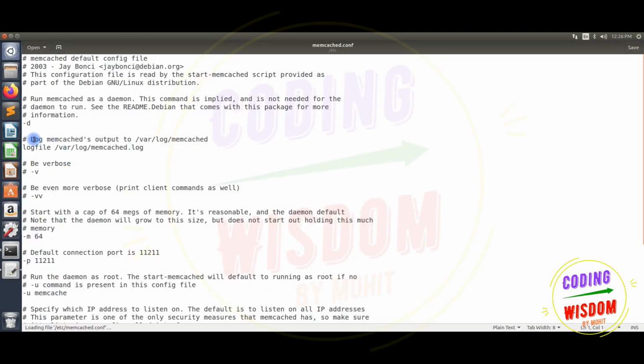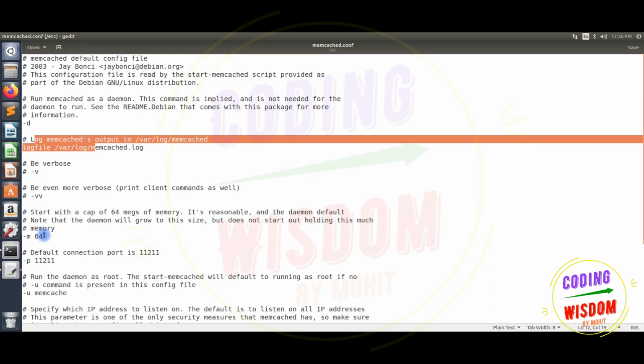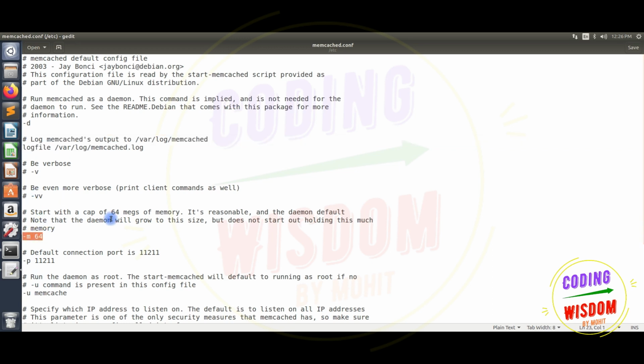So this is the configuration file of Memcache. 64 is the memory, meaning 64 megabytes. If you have more RAM and want to give more RAM to the cache, you can increase it. And this is the port, so no need to change this one.